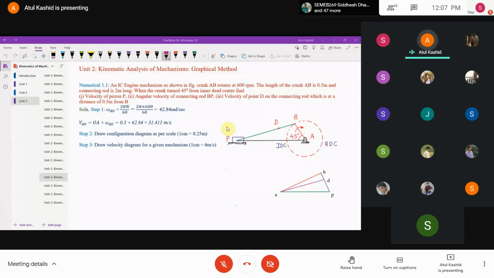So whenever I upload the Google form related to that assignment, you have to upload the screenshot as soon as possible, right? So those who have not uploaded yet, they should upload, or otherwise at the end, you have to write down that assignment. If you are not attempting the assignment on that platform, then you have to write that assignment. Okay, this was related to the audit course, and the second thing is related to the PBL.